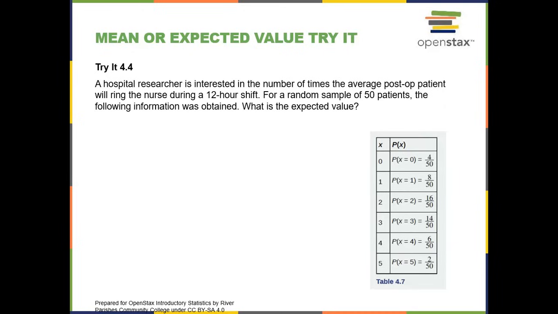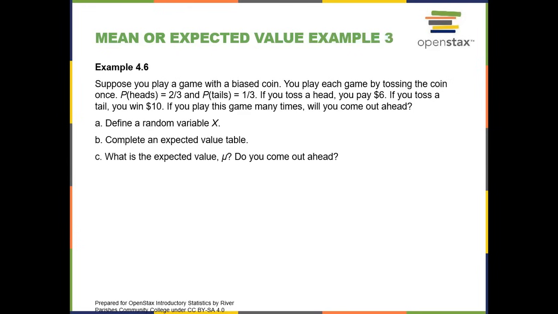Okay. And if you look down in the fourth line after the mean is the standard deviation of this distribution, which is 1.2238. What is the standard deviation? This is the average deviation of a number from the mean. Remember, the mean is 2.32 and the standard deviation is 1.2238. On the average, a number in this distribution, 0, 1, 2, 3, 4, 5, varies from the mean by 1.2238.